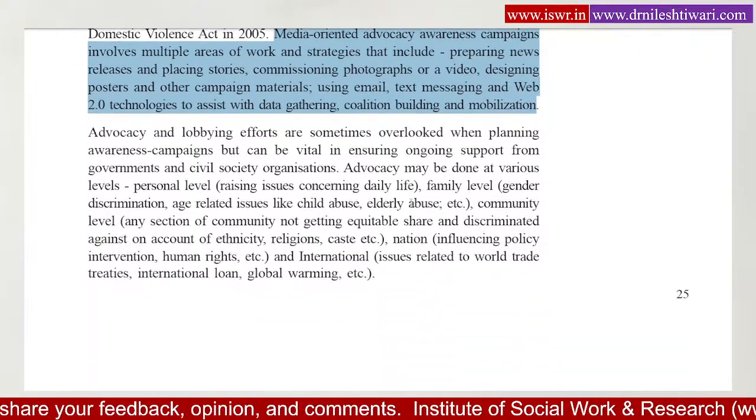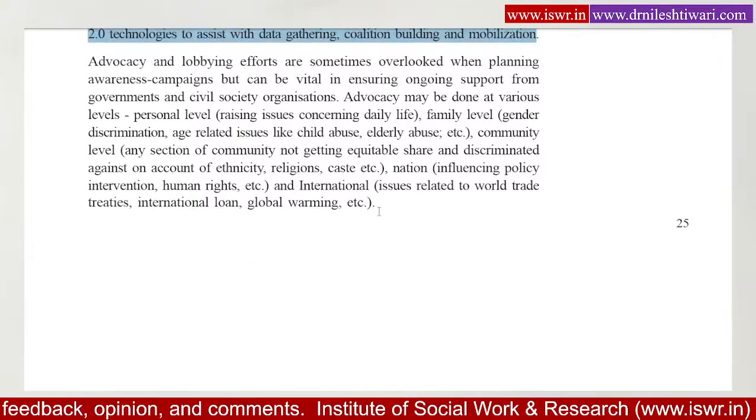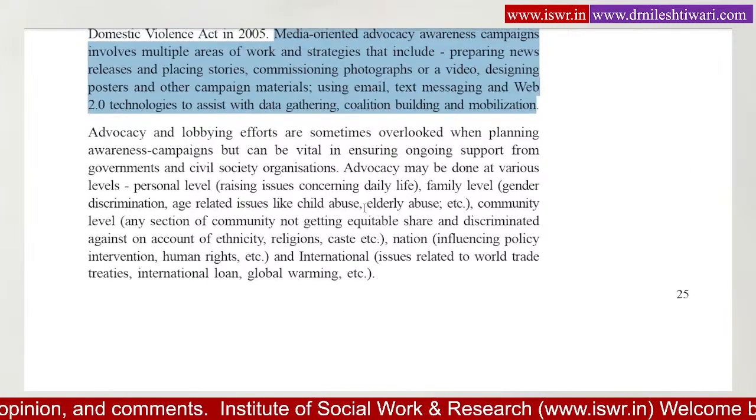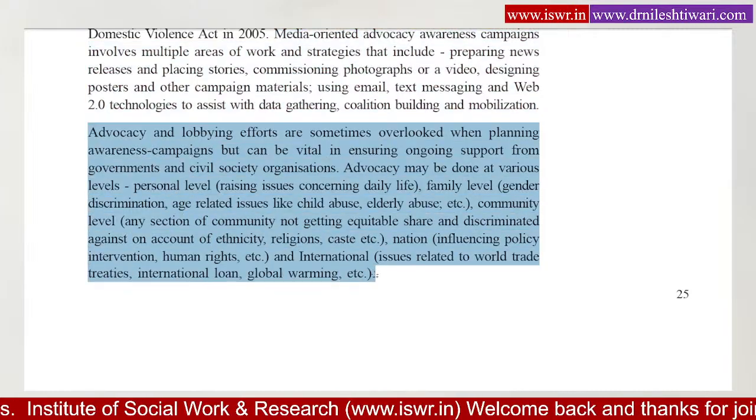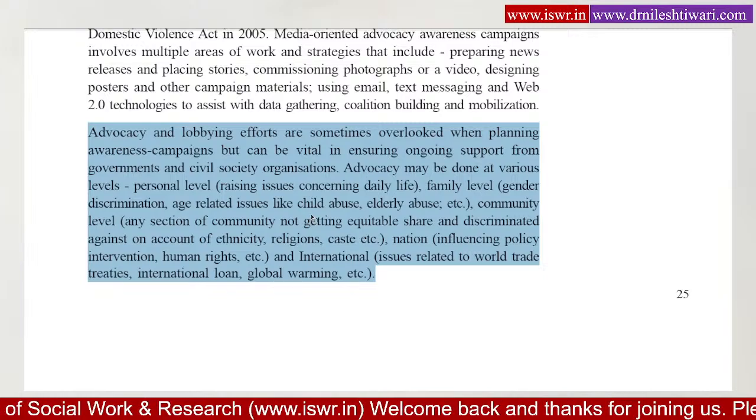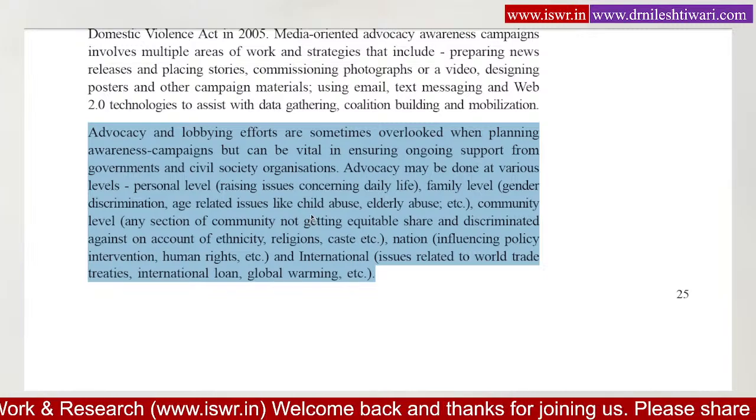So all these are basically to raise awareness among masses, and that's possible through advocacy, through lobbying, through communication, through